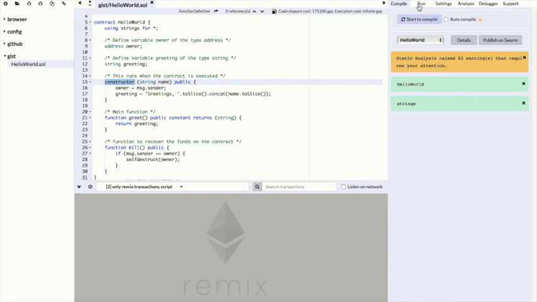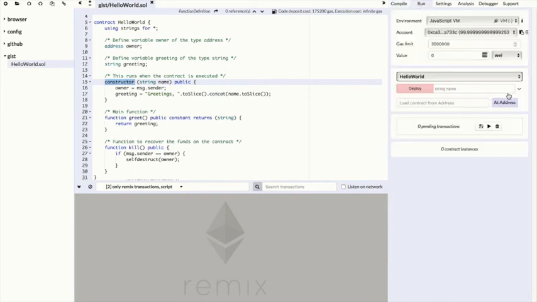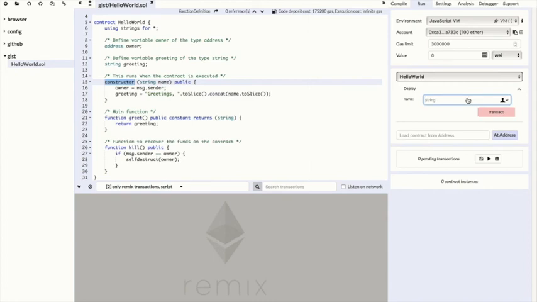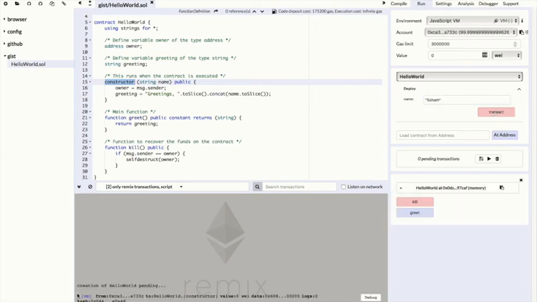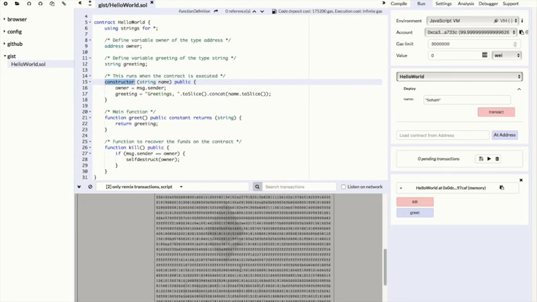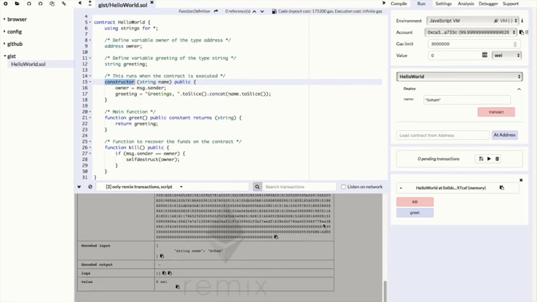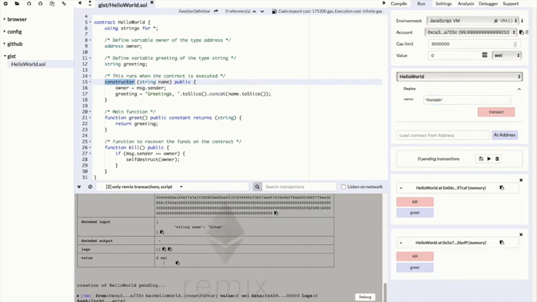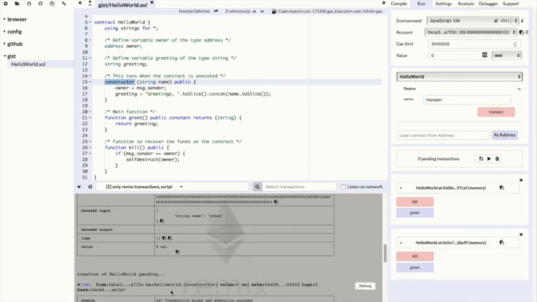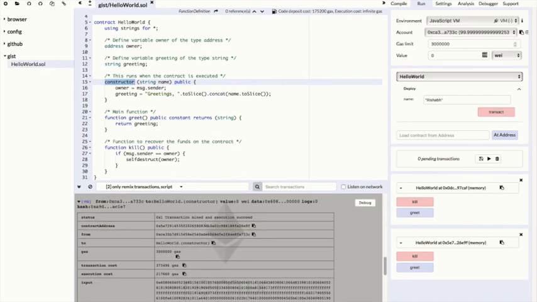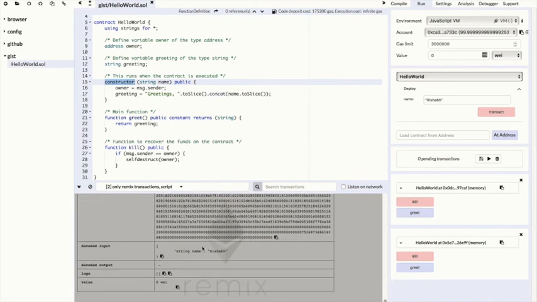Once the compilation is done, we go to the run tab, and now we can instantiate this. So let's instantiate this with two blocks. We are going to pass the first parameter as, let's say, Soham. And once we hit transact, in the transaction log, you can see a block was created with the parameter we have passed. So let's now create another block, and let's pass the parameter Rishabh to it this time. You can see from the transaction log, another block was created. You can see this block was just mined with the data we just passed.